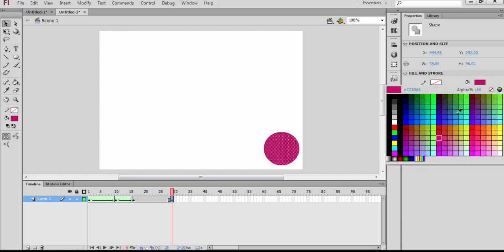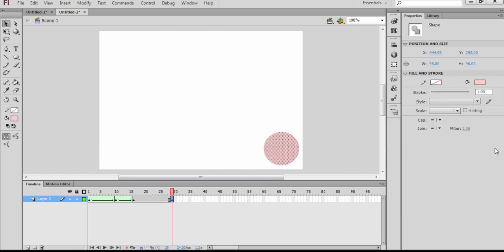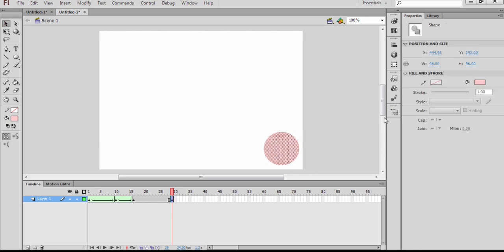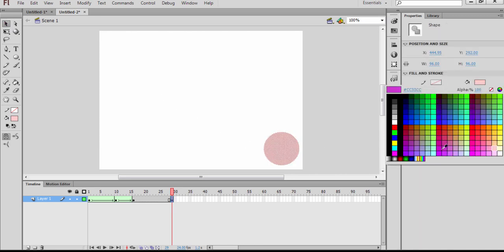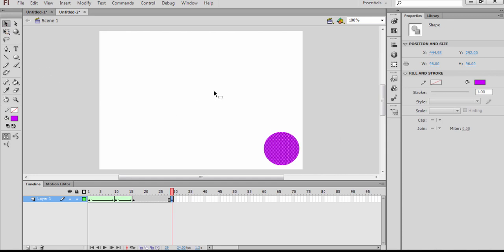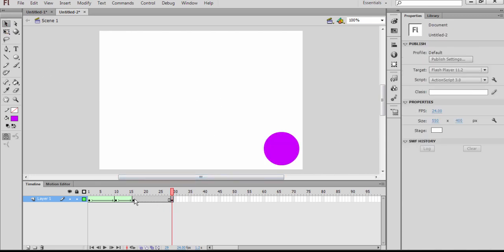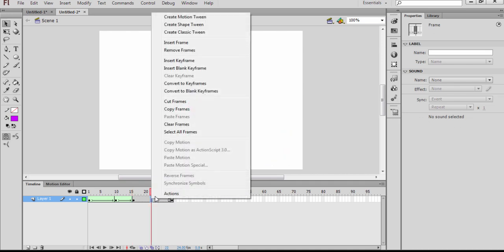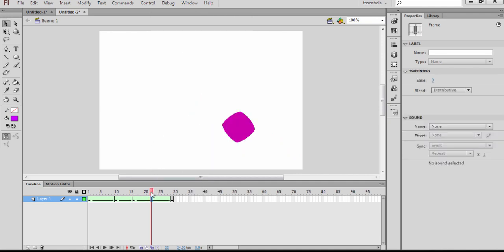And I would like to change its color to this one, or let's change it with a darker one. Okay, in the beginning it's a square, in the end it's a circle, and I'm going to right click there,